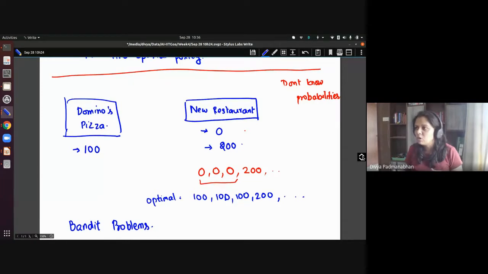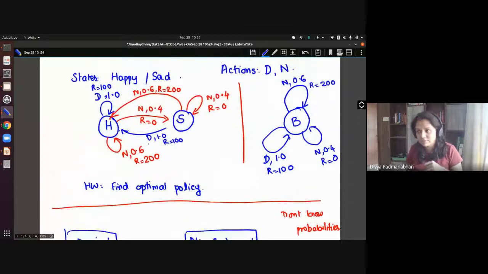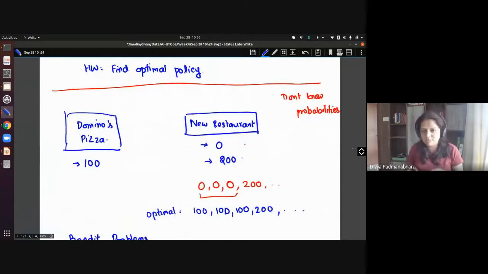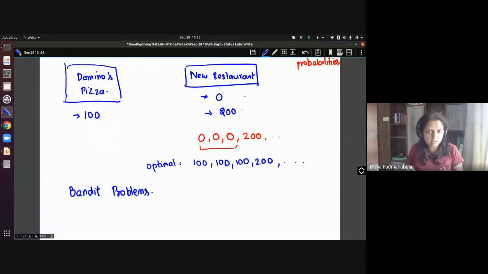So in bandit problems, you don't have this notion of states. Okay, so it's like a single state captures everything. The main thing is about actions. Each of these actions has some probabilistic rewards. And because of that, you have to decide what's the best thing to do. Okay, instead of Domino's, this could also be another new restaurant. So there could be some probabilities here.